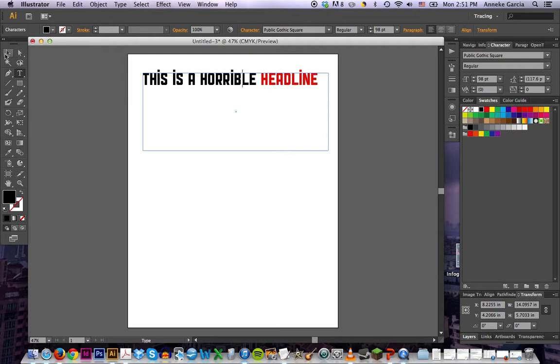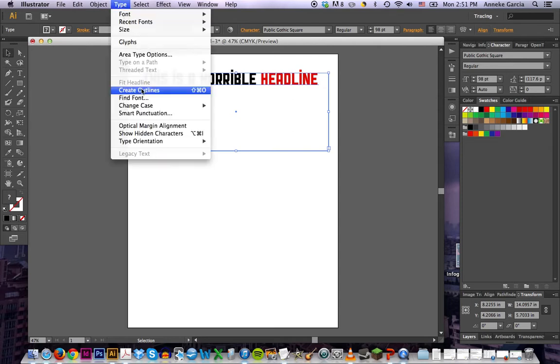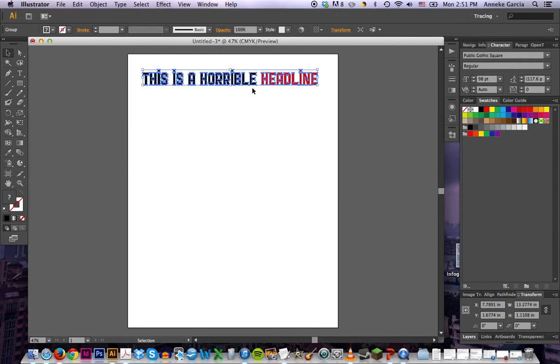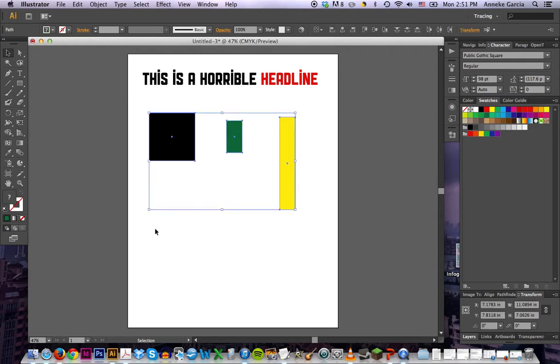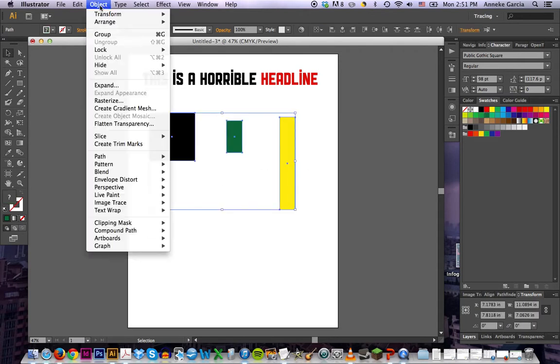But let's say we're going to actually create outlines of this. I want to go up to Type and Create Outlines, and now all of those letters are individual shapes or objects, like the other circles or squares you would draw in Illustrator. Right now they're in a group, and grouped objects are nice. I'll just put some objects here for an example, because you can do things with them together that you can't do alone. So if I want to make these objects a group, I can either go up to Object, Group,